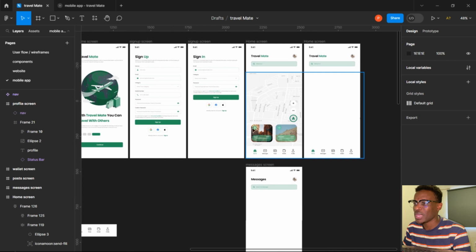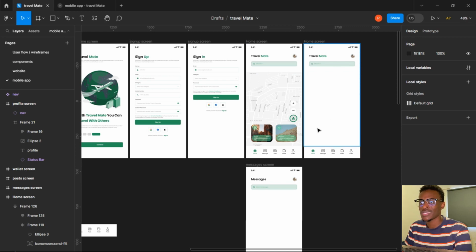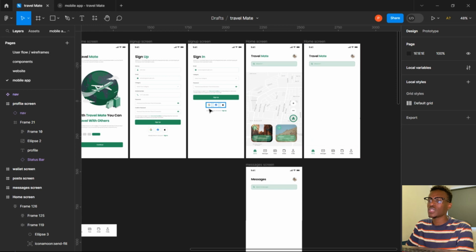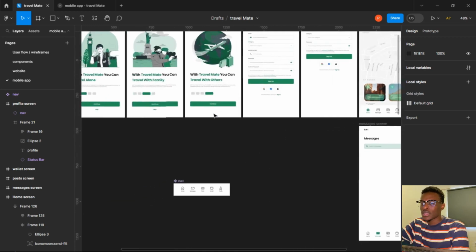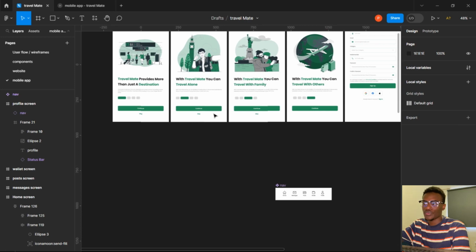It's gonna need the map API, the places API. Then we're gonna have to create an algorithm that's gonna detect based on the user's preference. We're gonna need an algorithm that's going to create groups based on specific conditions. We're gonna need Google's API, Facebook API, and Apple's API so that users can log in with them. So those are the basic things that we're gonna need for now, but during the development process, there are still a lot of things that we can do. So yeah, this was